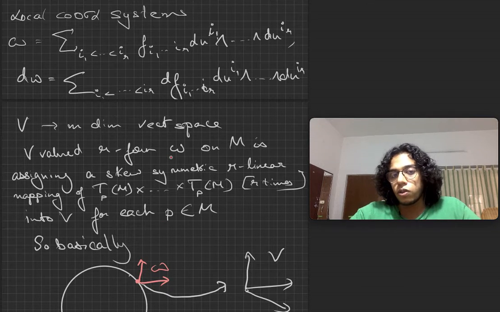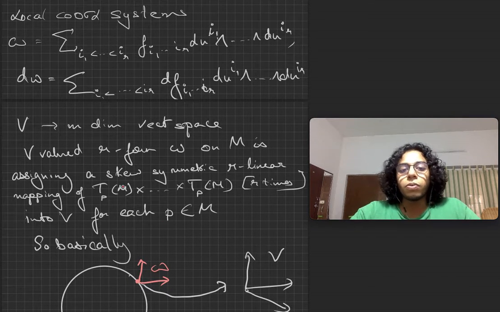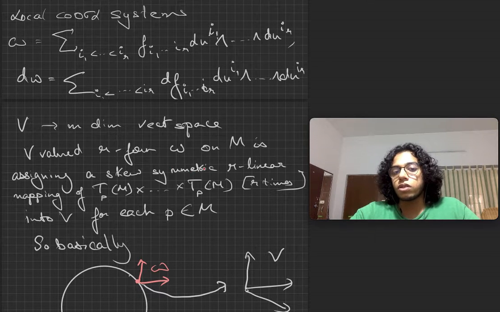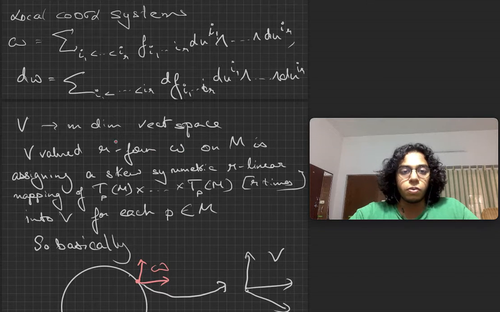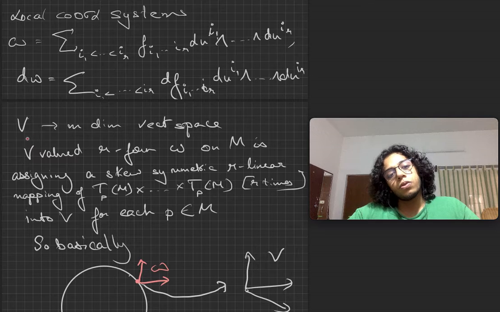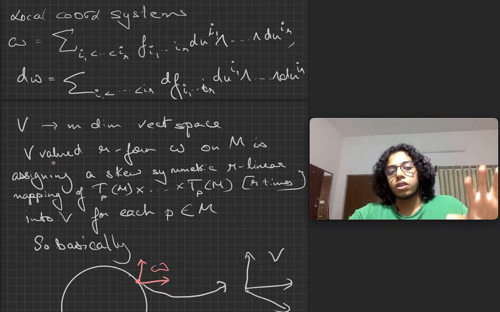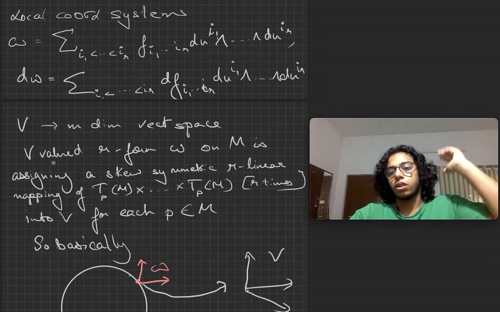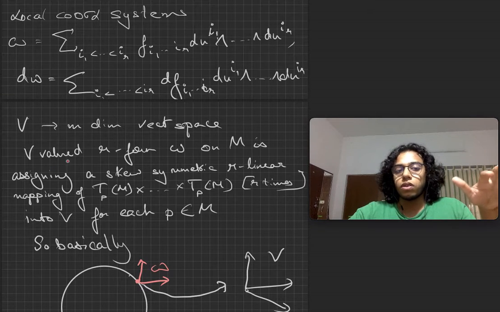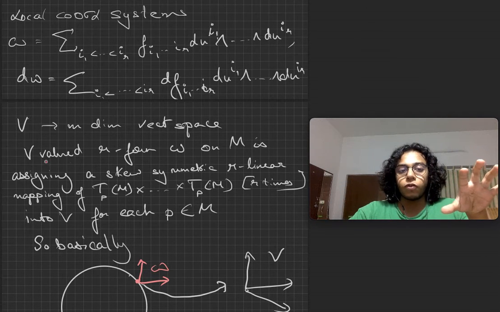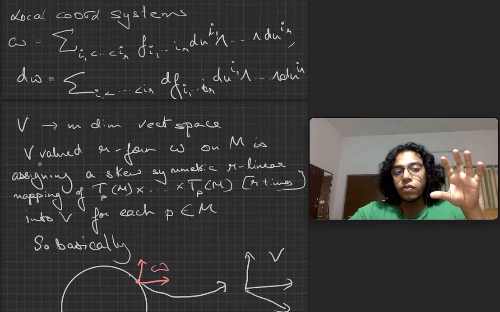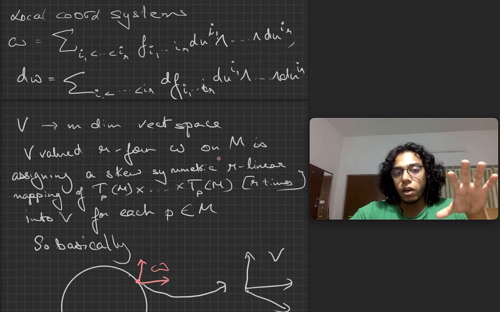V is an m dimensional vector space. M is typically the same dimension as the manifold itself. Okay. So this is one important supposition you need to make. So M is the same dimension as the manifold itself. So V is an m dimensional vector space. We are defining it. Now a V valued R form. So there are some m dimensional vectors, there are m different values,